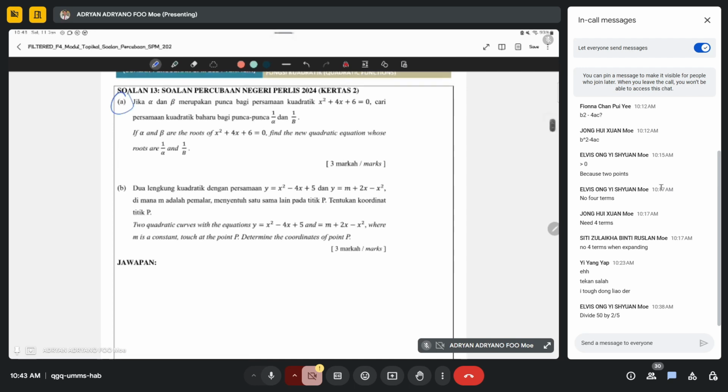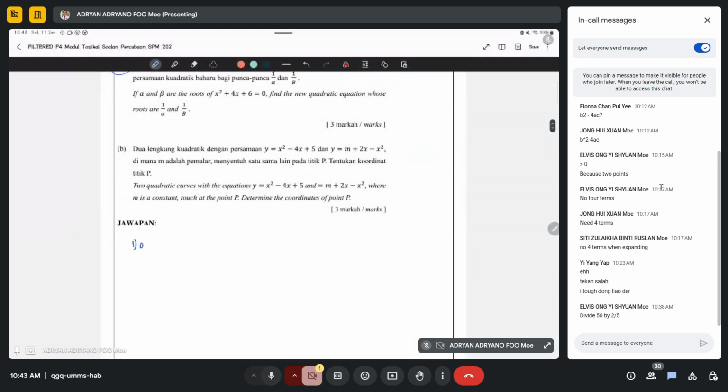So what is the step? 第一个给我找 original 的 SOR 跟 POR。第二个找 new SOR POR。那么呢，当你在找 new SOR POR，你一定会用到 original SOR POR 的 values，你不会错过它。所以你的 new POR SOR 你一定会变出来一个跟 original SOR POR 有关系的。